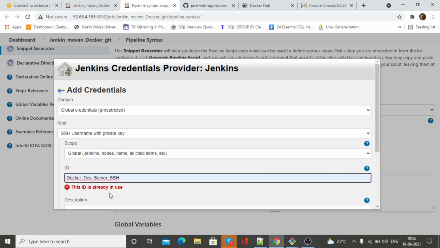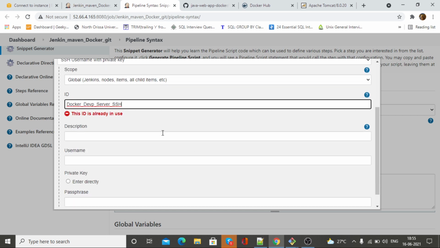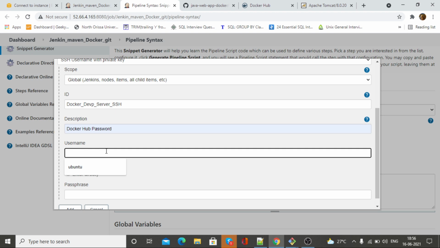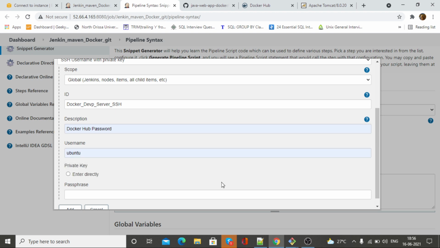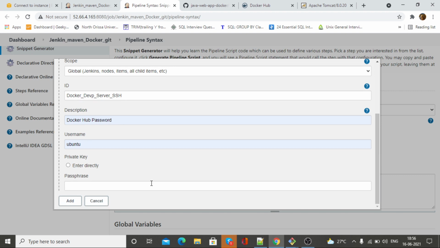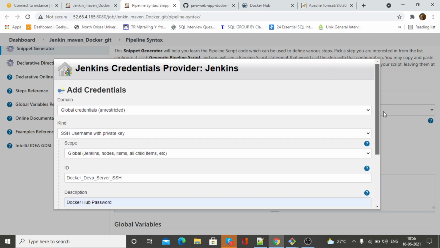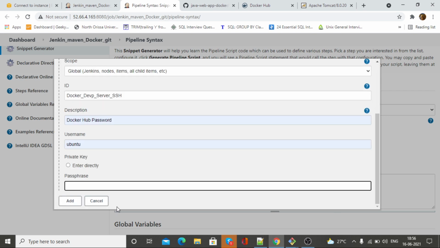Okay, I have already taken it. Description, something you can put, then you have to put your password. Okay guys, like that you can put your credential.